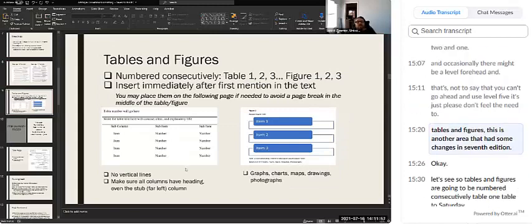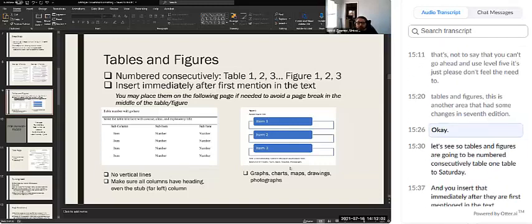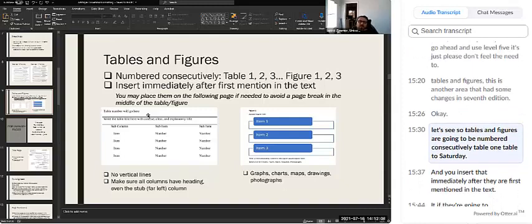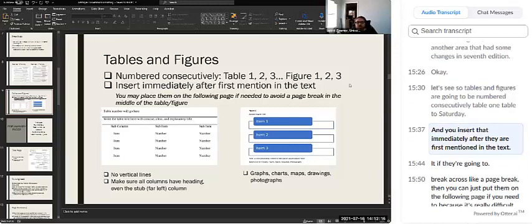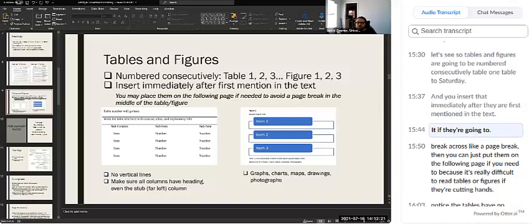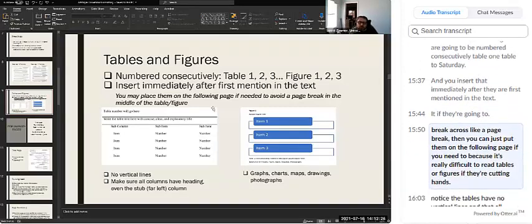Tables and figures. This is another area that had some changes in 7th edition. So tables and figures are going to be numbered consecutively, table 1, table 2, etc. And you insert that immediately after they are first mentioned in the text. If they're going to break across a page break, then you can just put them on the following page if you need to, because it's really difficult to read tables or figures if they're cut in